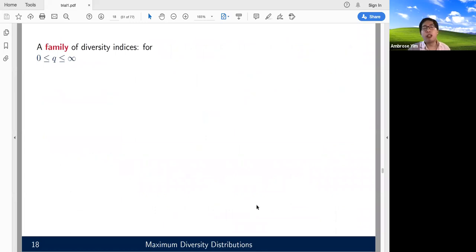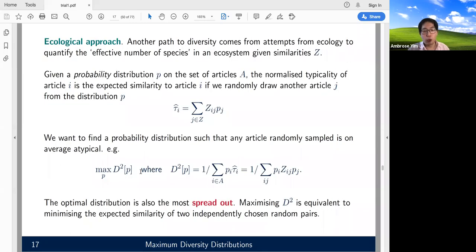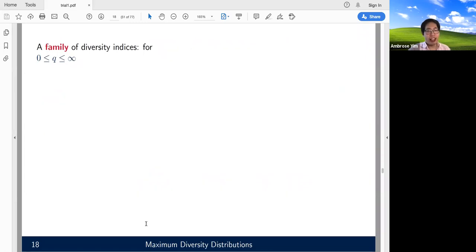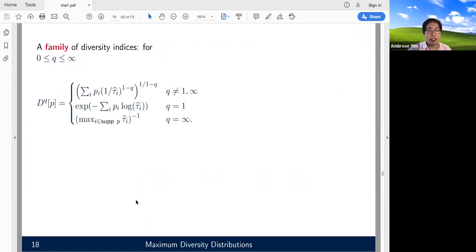However, this is not the only way. This expression, D2(P), the order-2 diversity index, is not the only way of measuring diversity. In fact, people study a whole family of diversity indices, and these are some horrible equations. If you put q equals 2 in that formula, you get the expression on the previous page. These all carry roughly the same motivation, but you write down slightly different equations depending on your personal preferences.